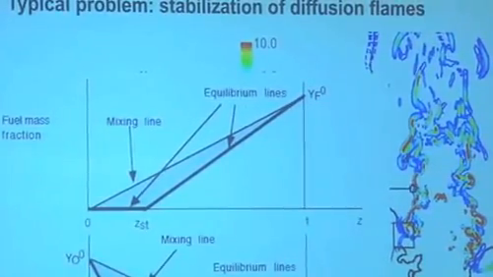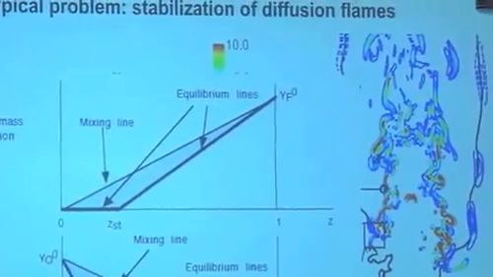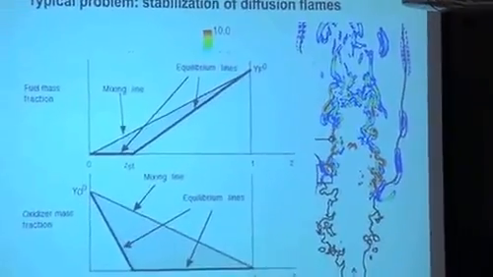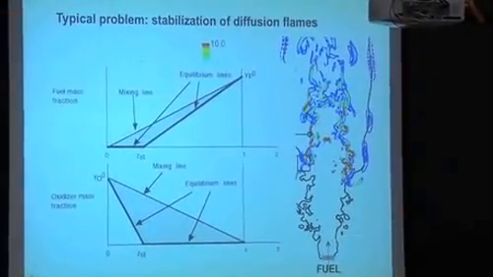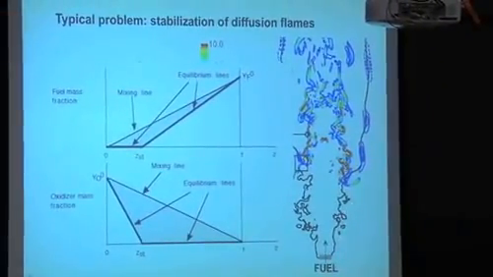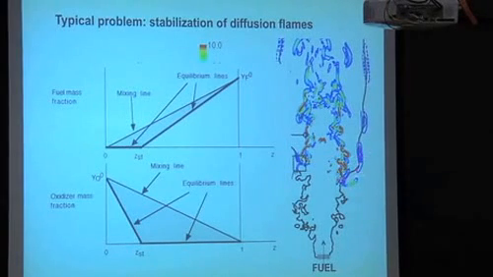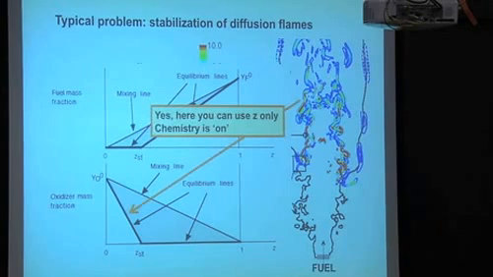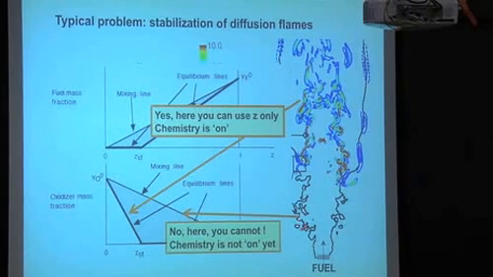Now, it means also that we know right away that there are cases where this does not work. For example, here, this is a jet of fuel in air, and this is the stoichiometric line, and here this is the reaction rate, sorry. So you see right away that downstream, up there, probably you can use infinitely fast chemistry because you see the flame is ignited and it's okay, but if you are here at the bottom of the flame, there is absolutely no combustion yet. So obviously, the tabulation there won't work. You cannot use only 1 variable here.